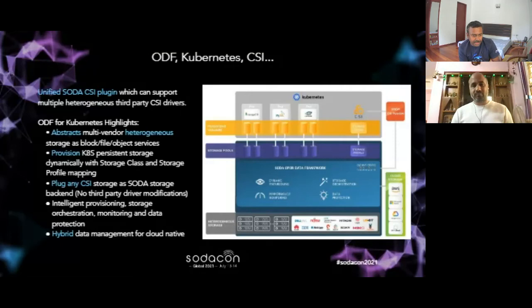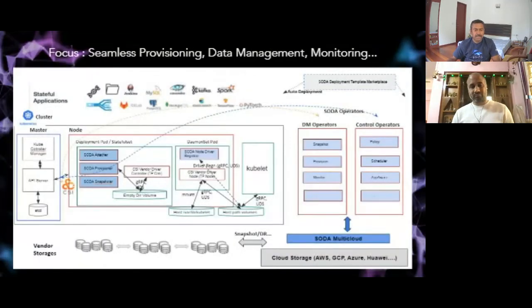So we already have a solution on data protection based on Velero, which is already released in the Java release. Now, I think because of the time, I will run fast. So this left-hand side diagram, don't worry too much, because it is just a copied diagram from CSI. It's completely CSI only. But the blue portions are the sidecars of CSI, where usually that will be written for a specific CSI plugin. But in our case, we reuse that part. It is SODA attacher or SODA provisioner. All these things are reused components.